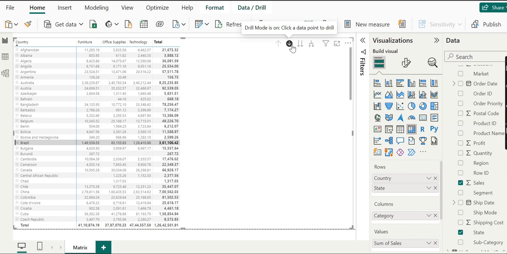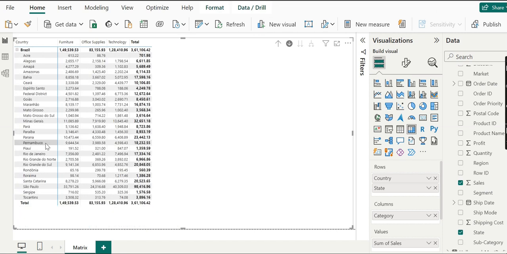So let's try by clicking on country Brazil. A few moments ago, we were not able to drill down here as we selected. Now, if we select it, you can see the change. It's the beauty of drill down. A few seconds ago we were not able to drill down, but as we click on Brazil, the appearance changed on screen. Now we have information only for Brazil and within it, the states.